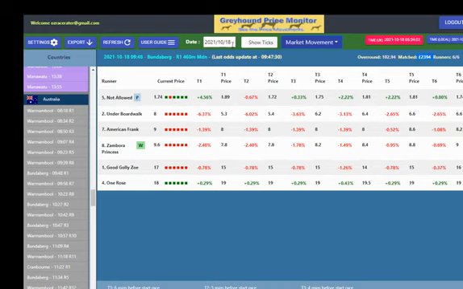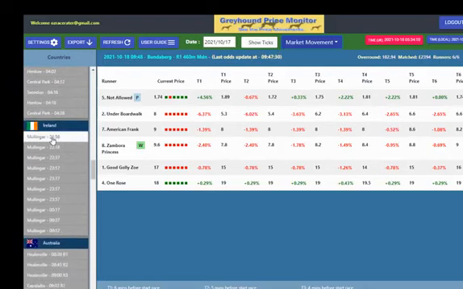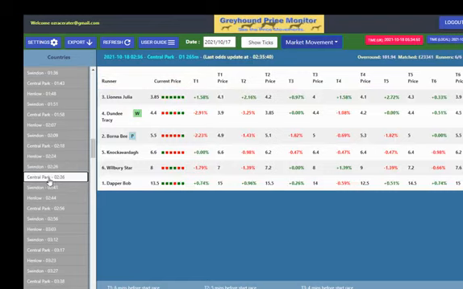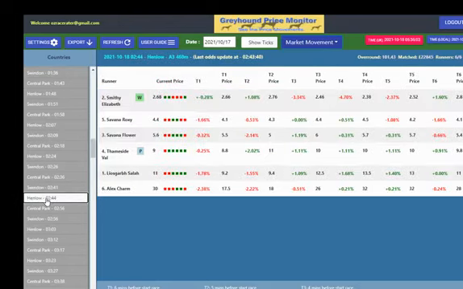Also, what you have here is we can go back and look at yesterday's races. So we can go back here and we can see here's the Irish racing from yesterday. We can look at some of the night meetings here. Central Park, £23,000. So we're getting up there. The top two winner, Swindon, nothing outstanding there. £23,000. Small firmer there